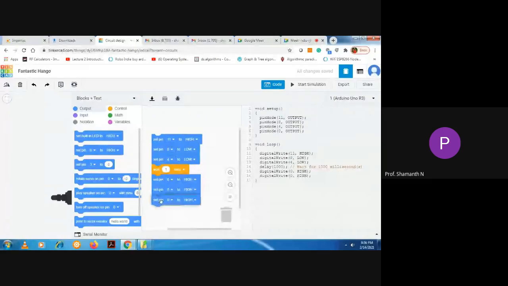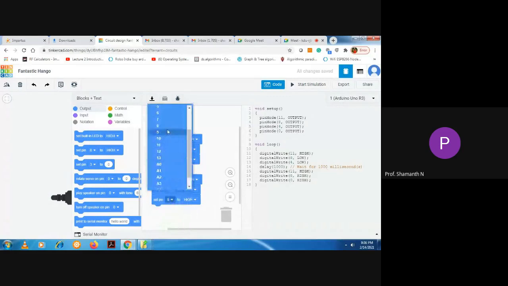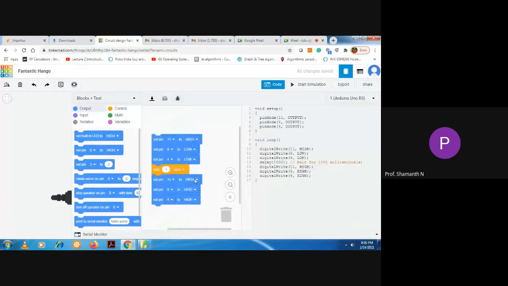Again select three pins: 11, 8 and 4. And now I want the yellow LED to be on. So for that, only pin 8, the anode pin of the yellow LED, is connected to pin number 8. So only that I will set to high and the remaining pins I will set to low.